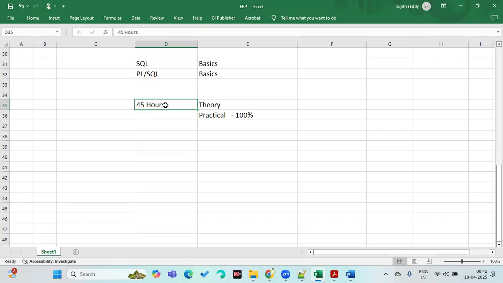And after you get a job also, you don't need support from any person. Nowadays, people are taking job support. But if you are perfect in these 45 hours of work. For example, in the classroom, I will tell you how to load the purchase order data. I will ask you to load the same data. I will not change the data. I will give you that data file. Please load the data, whatever I have done in the classroom, as it is. You do it, then you are perfect and you will get a job. You will not be with me actually. Okay, so that's how we will execute this course.